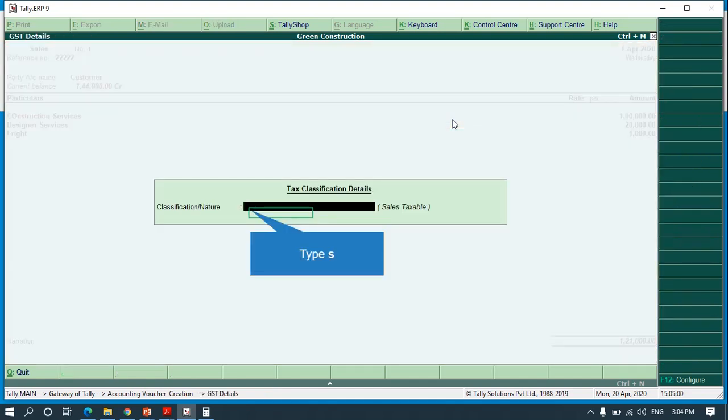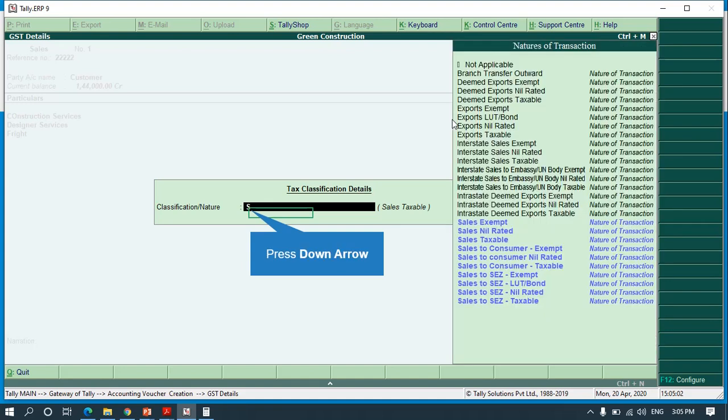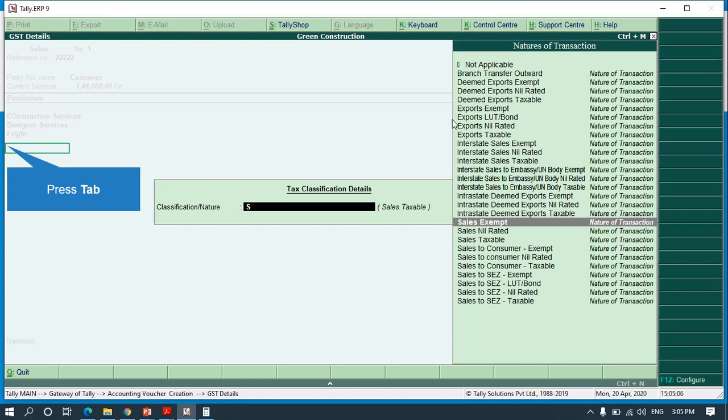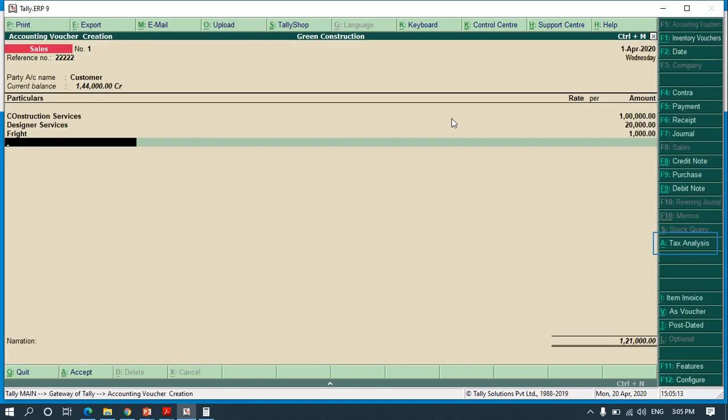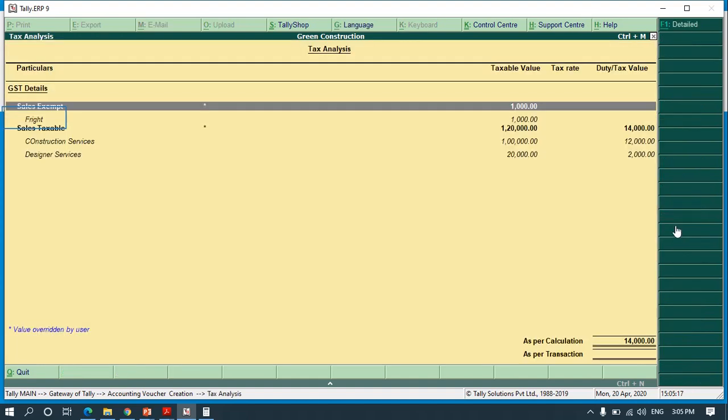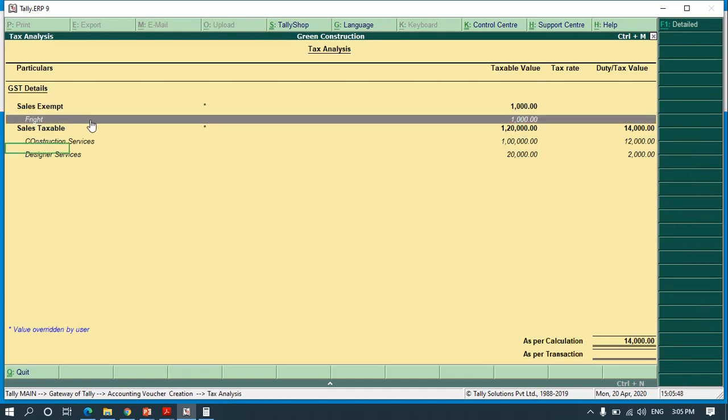Now see, for freight we need to select sales exempted, because when I don't select sales exempted, it will calculate the tax. Now I have selected all this. Go to the tax analysis and check how the tax is calculated here. You can see freight charges is shown under exempted sales, and there is no tax liability shown, and tax is calculated for both construction charges and designer charges.